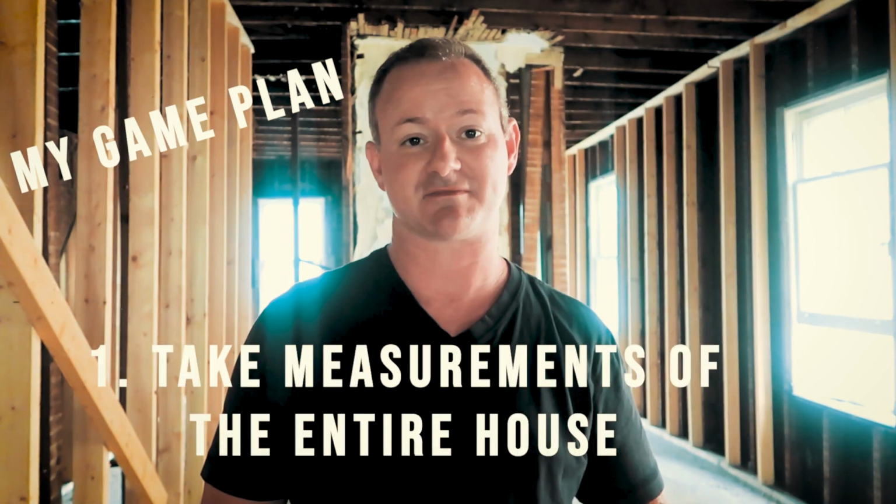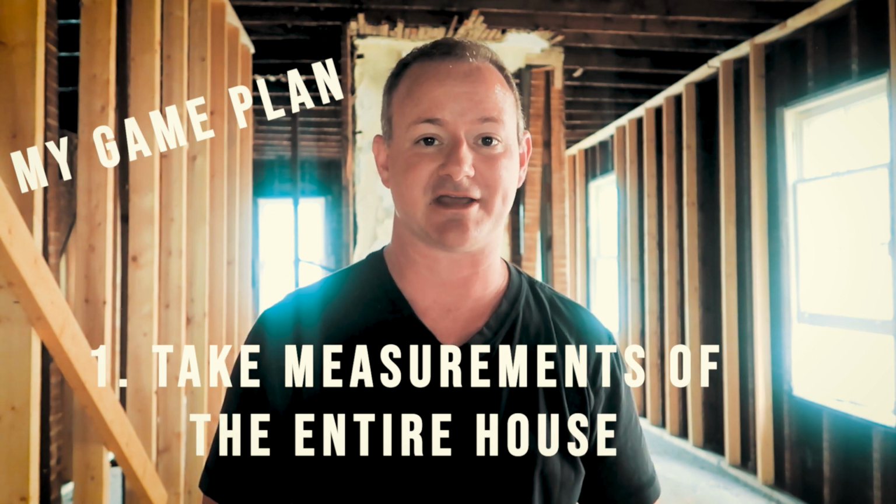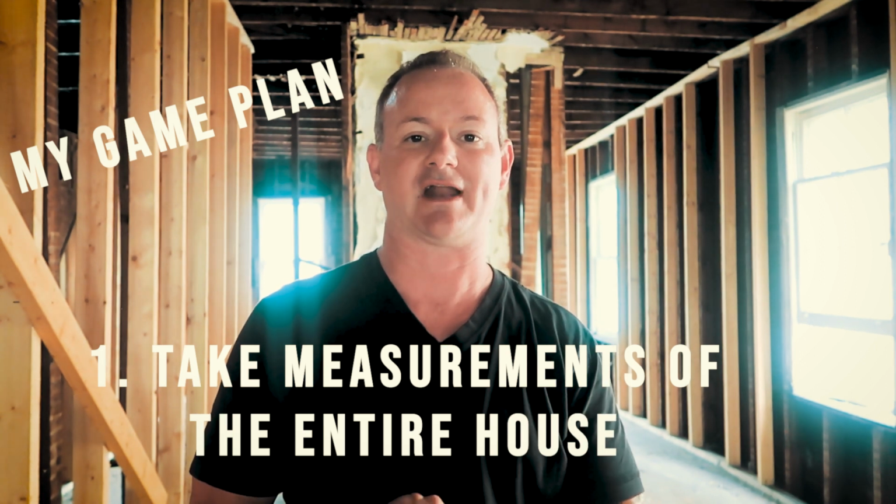So I'm essentially here today just taking a look at this property for one of the first times. I'm gonna go through, I'm gonna take all measurements of the whole area. I've already met the framers out here and gone over the scope of work that they're gonna have to do for the property. I'm gonna measure all the rooms, we're gonna measure the dimensions of the house, and I'm gonna